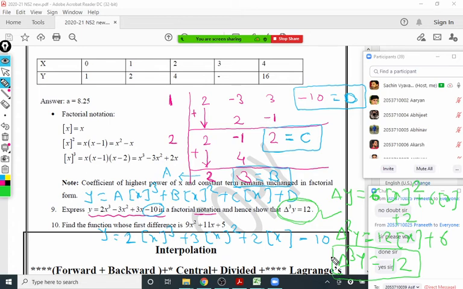So how to get the first step? Yes, we have to write in a factorial form, and the next step is to just take the derivatives. And what is the delta 4 of y? Yes, the fourth difference of y. Anyone? 0. Yes, very good. Obviously it should be 0 because it is a polynomial of degree 3. For a polynomial of degree 3, the third difference should be a constant, the third derivative should be constant, and the fourth derivative should be 0.